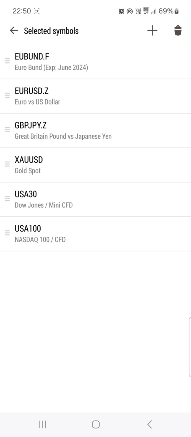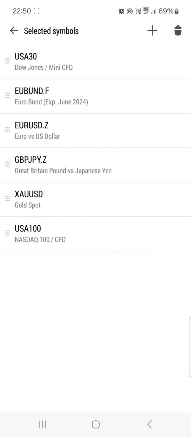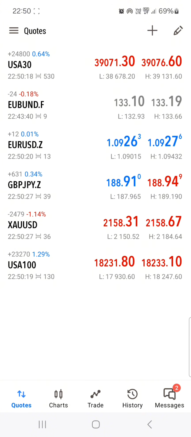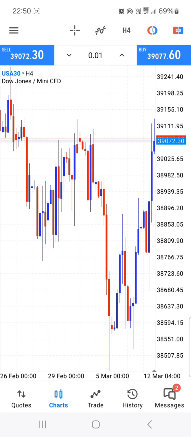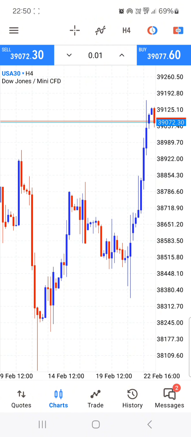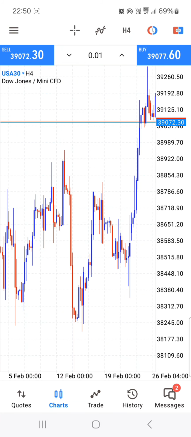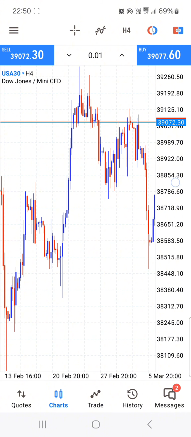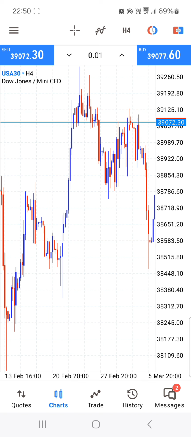You can add as many as you want, and you can also arrange them. You can just hold to drag. Whatever you drag first shows first on the list. Okay, very quickly, let's move on. Quote here also means your watch list. Now I'm going to click US 30 and I'm going to click chart. It brings me to the exact chart. Then I can begin. You can use your two hands. You can see on my phone here with my two hands, I can expand and I can zoom out. Also, you can hold where you have your price here. You can hold it down and up in order to widen and also make it shorter for you to see